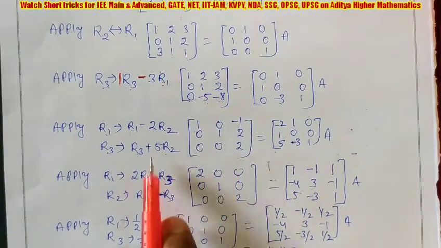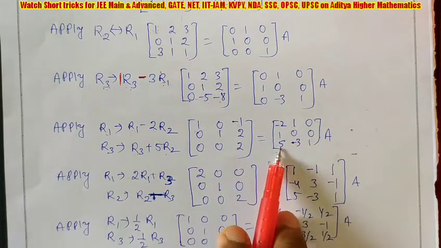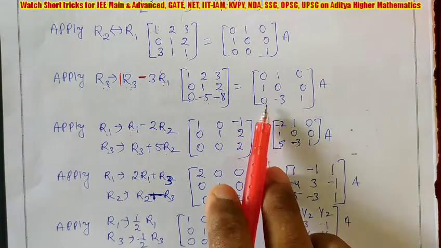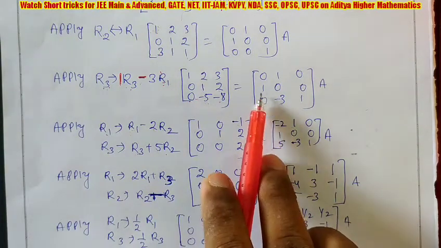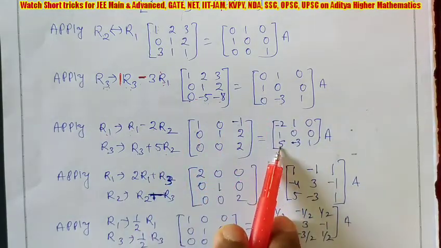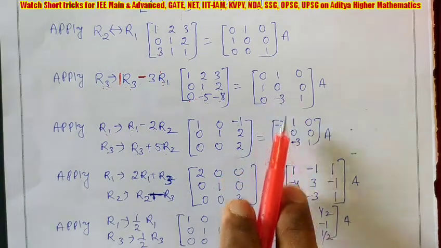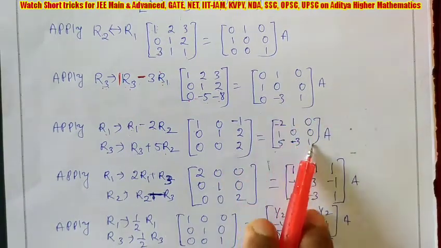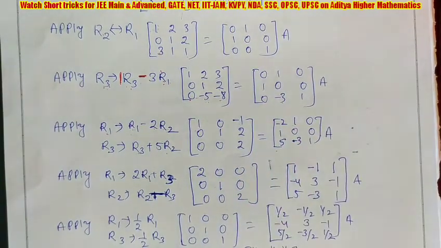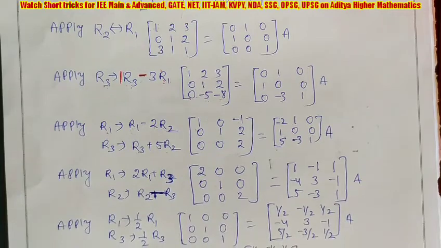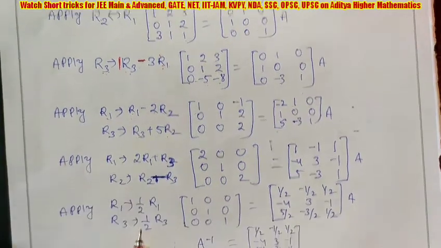Simple. Next, right side. R3 you can observe it is 0, but R2 is 1, so 5 multiplied by 1 is 5. Next R3 is minus 3, but R2 is 0, so minus 3 only. Here also 0, 1, so we will get 1. So in the second step we got the second column elements 0. Similarly, in the third step we will get the third column elements 0. Only 3 steps we are requiring here.